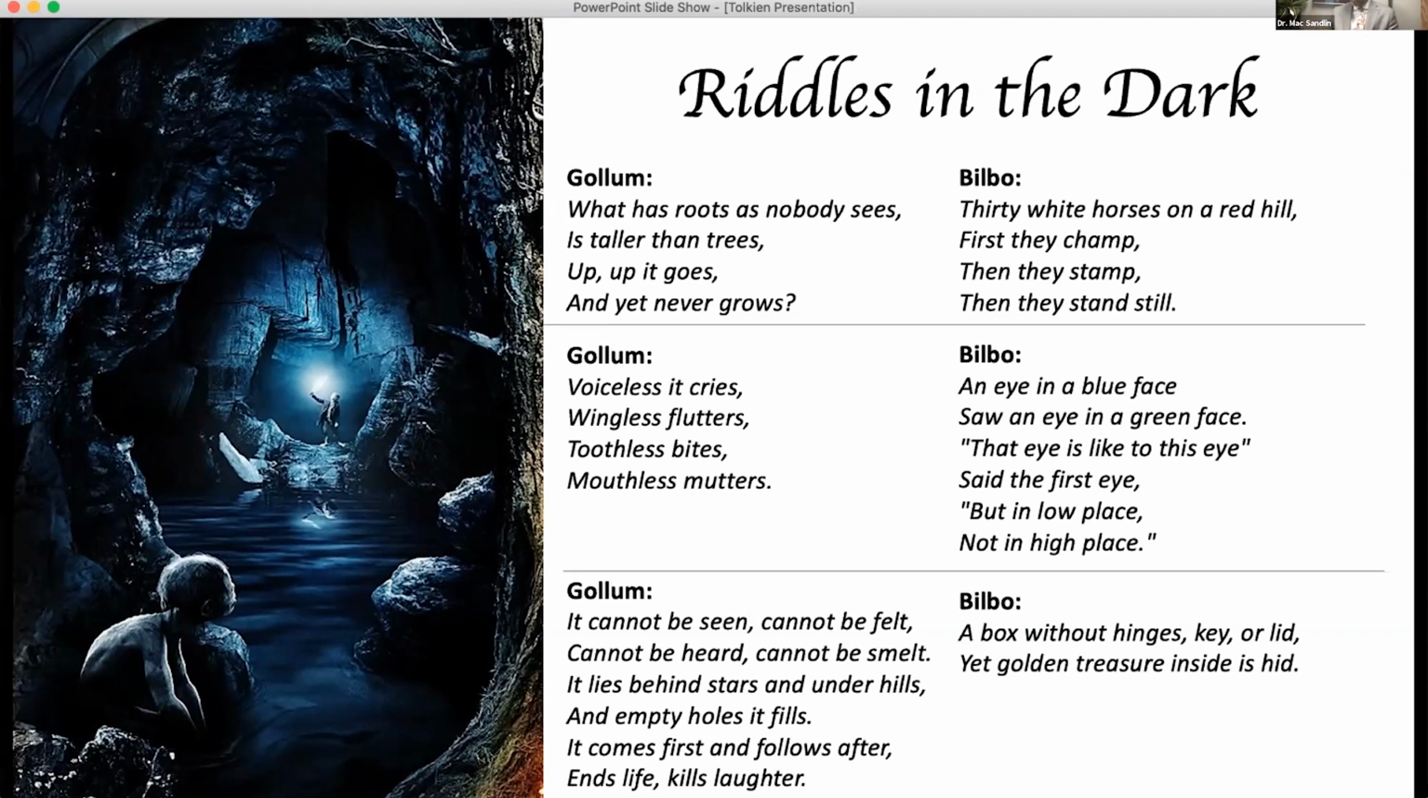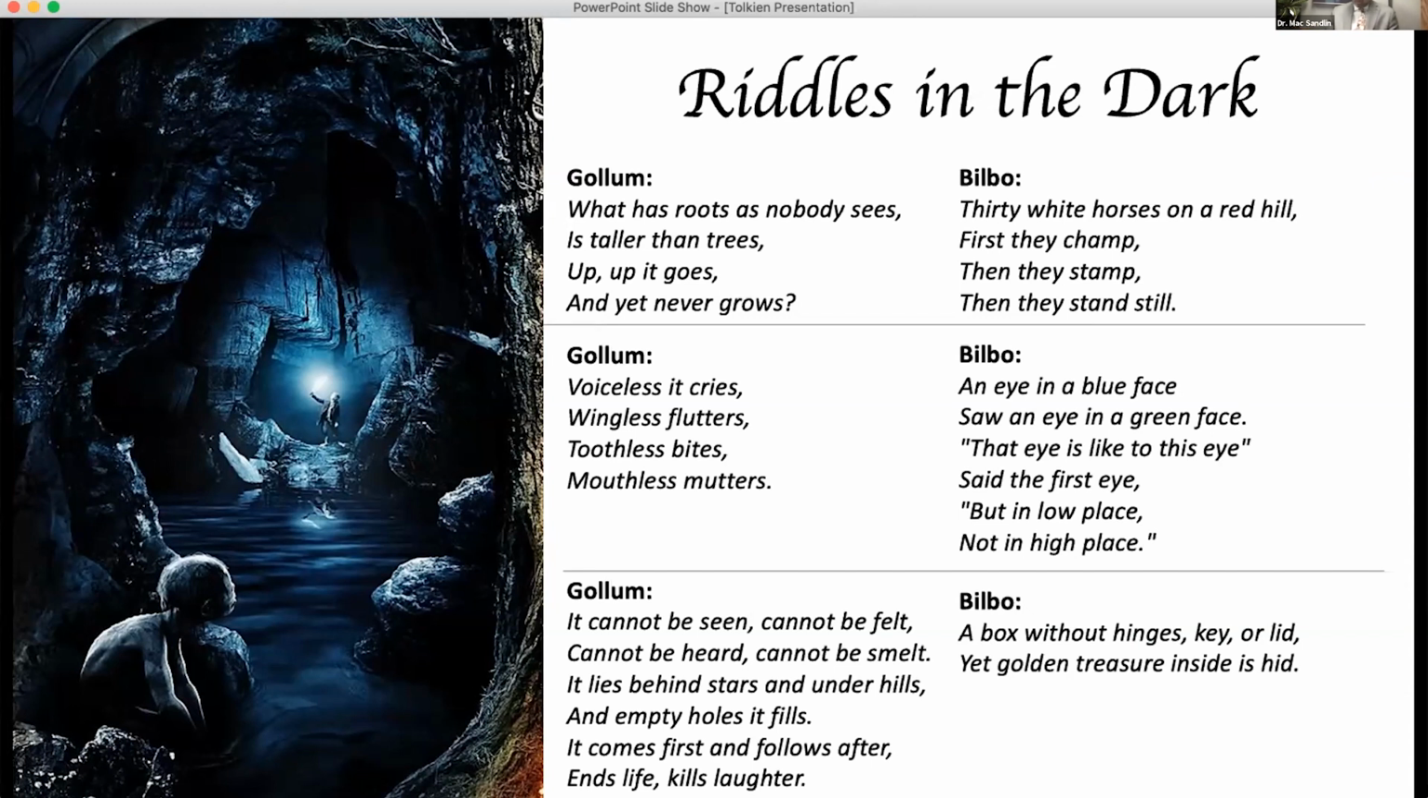Bilbo guesses the answer, though he has to say half a moment. And then he says, this'll puzzle the nasty little underground creature. And he asks this riddle. An eye in a blue face saw an eye in a green face. That eye is like to this eye, said the first eye, but in low place, not in high place. This is one that I also remember as a kid having no idea what it meant. And then Gollum says,